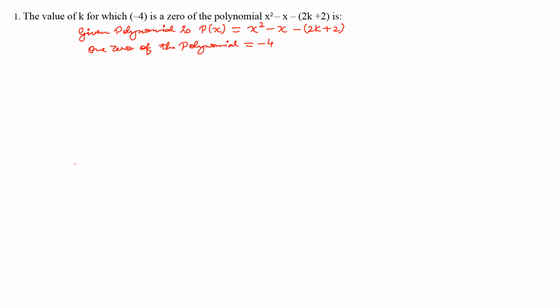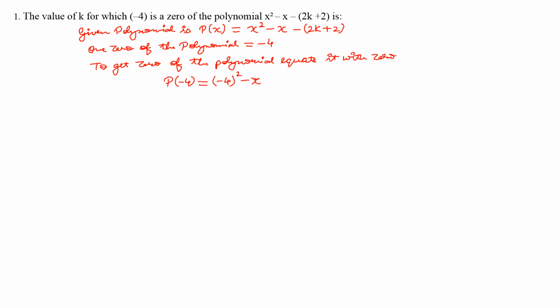So one zero is given to us, we do not have to find the other zero, we have to find the value of k. Whenever you want to find the zero of the polynomial, we equate the polynomial with zero. Now we have one zero given, so we will put that zero here, that is, in place of x we put -4. So it will become -4 whole square minus x, sorry, here it will come -4 only, minus 2k,